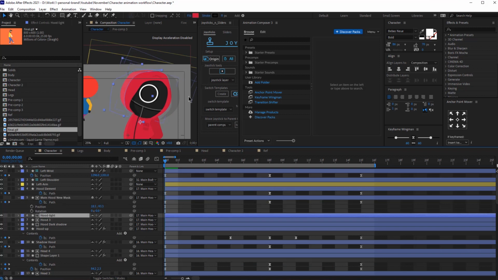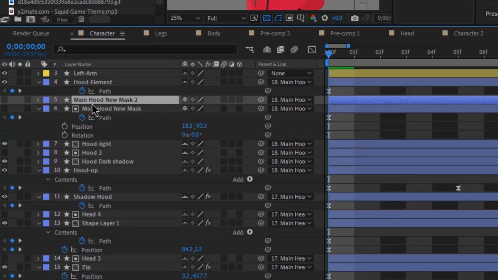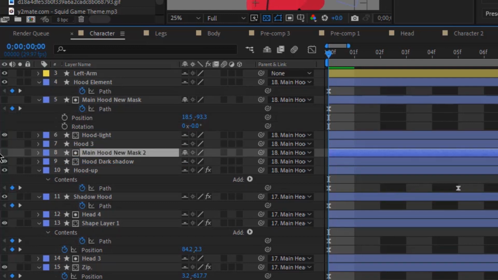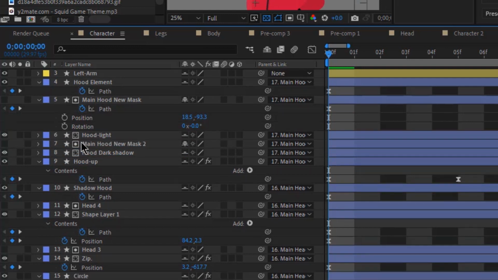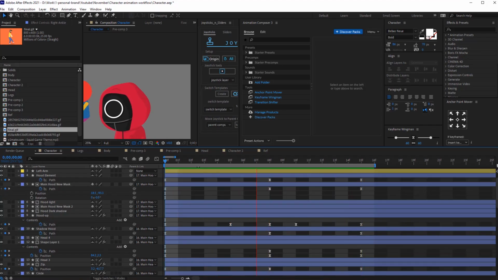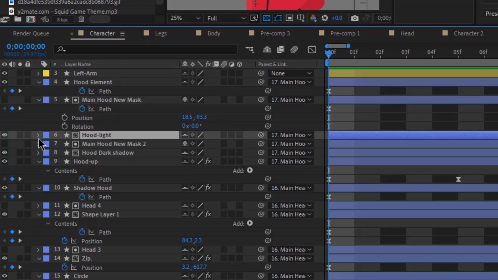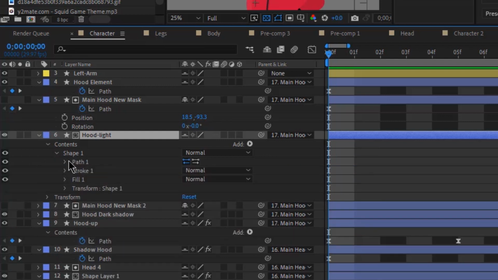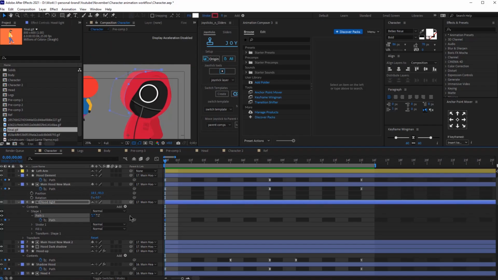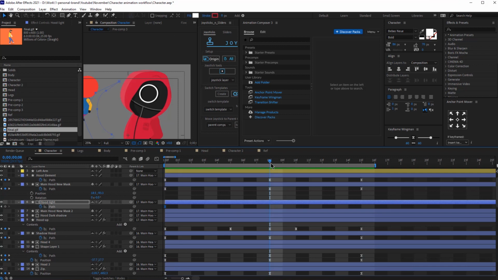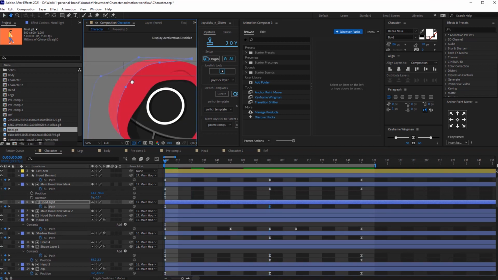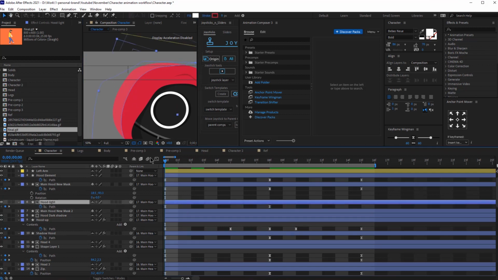We'll just need to adjust the path. I'm just going to duplicate this again and put dark shadow here, and this one should be removed. At the start of the composition, I don't want this light shadow to be so big because I don't think it looks good. So we'll just need to adjust the path. So boom, and then in the middle, it's okay to not have it in the middle, but then here I want it to be